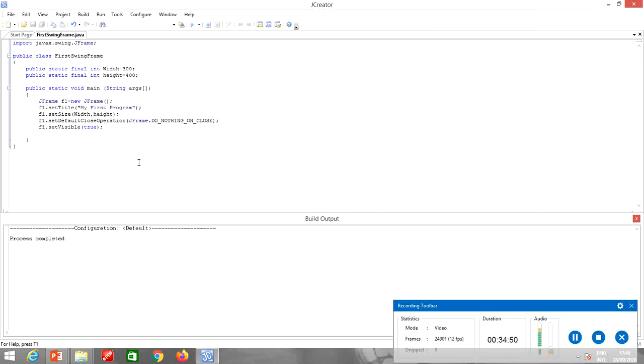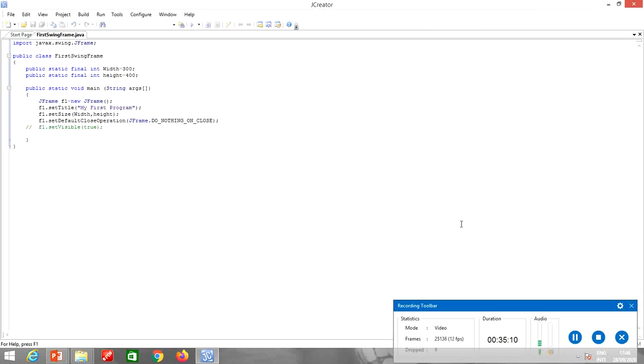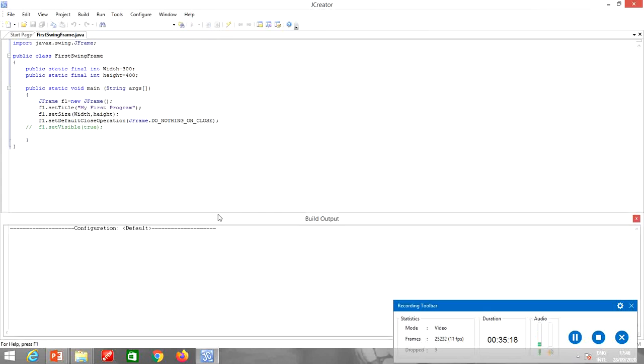Now see here, my basic idea is if I don't use this statement, set visible to true, what happens? My program will not give me an error. But it's not showing me anything because the property is set to false. So every time I want to show the frame, I need to set this property to true. Now if I run it,